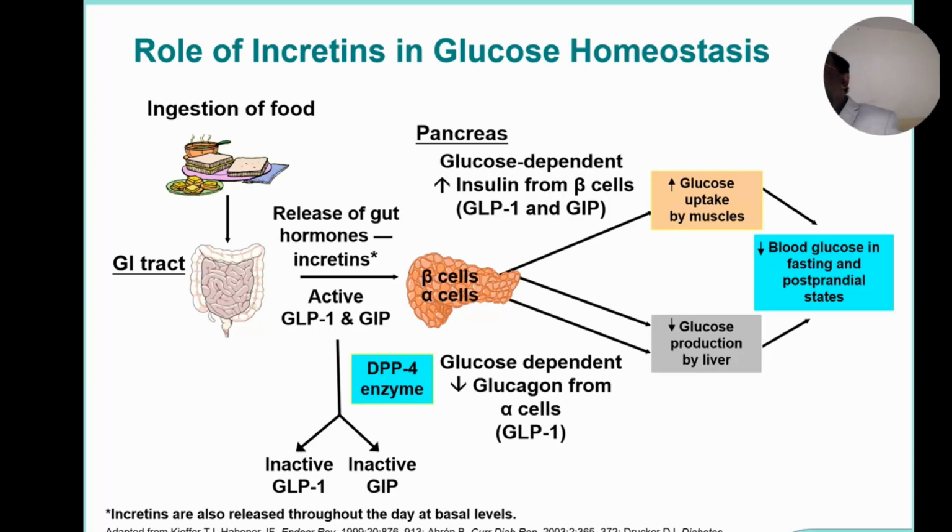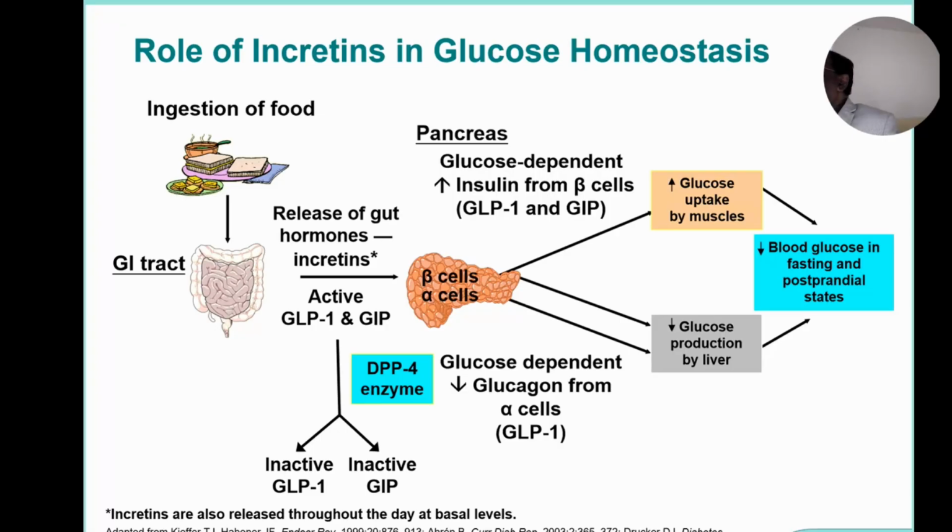Are they good for us or not? Good, because they act in 5 ways. They reduce the beta cells. They reduce the alpha cell activity. They increase the insulin levels. They act on the brain to reduce satiety, etc. But there is one villain. What is that villain? DPP4 enzyme. So what will the DPP4 enzyme do? Your active GLP-1 will become inactive. Here the villain is very strong.